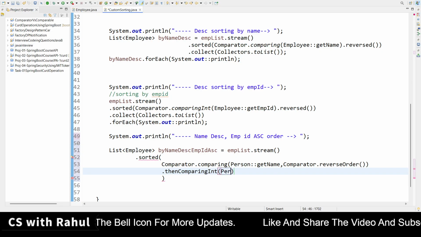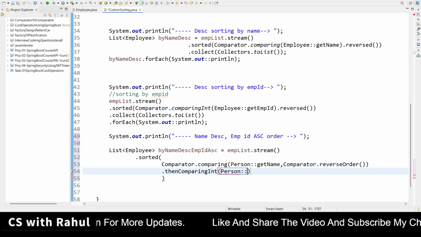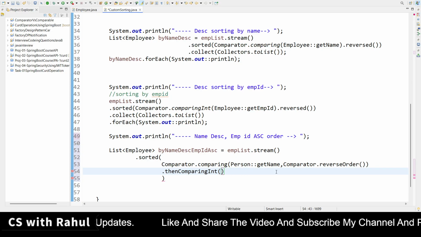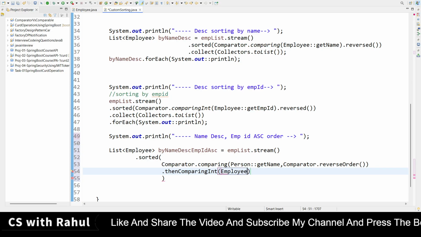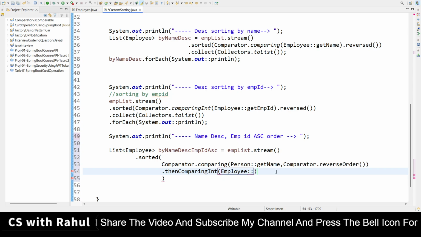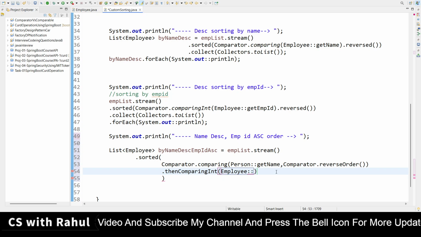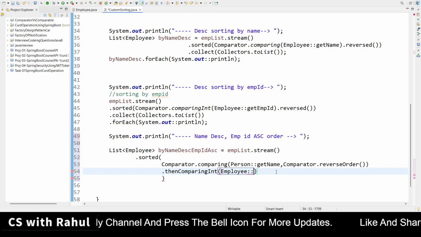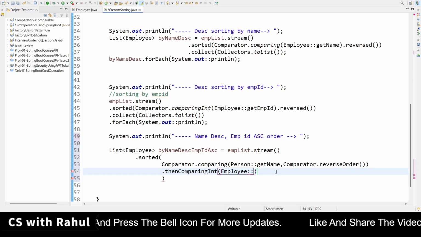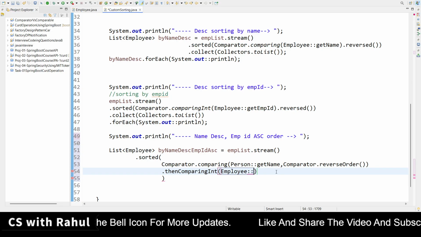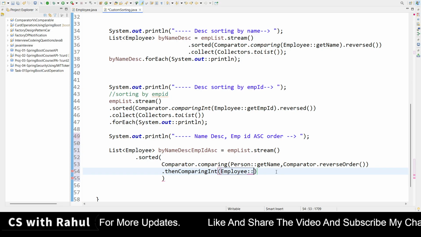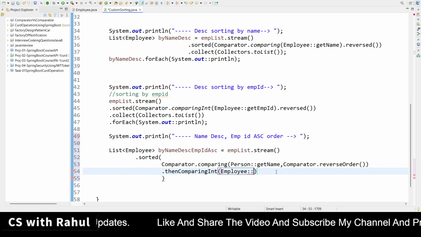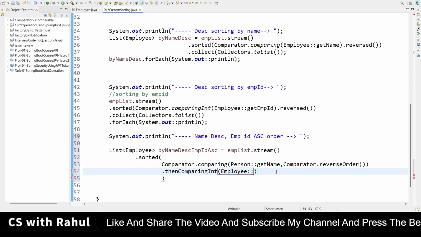Now I have to call Person, sorry, Employee, because in the slide I have taken the Person example, that's why it's coming to my mind. Don't worry about this. Your task is to create the Person class and sort it based on the list, whatever values you provide.